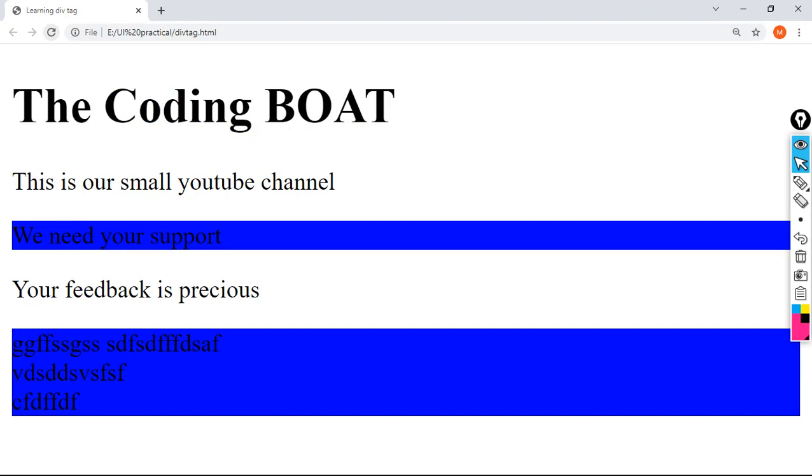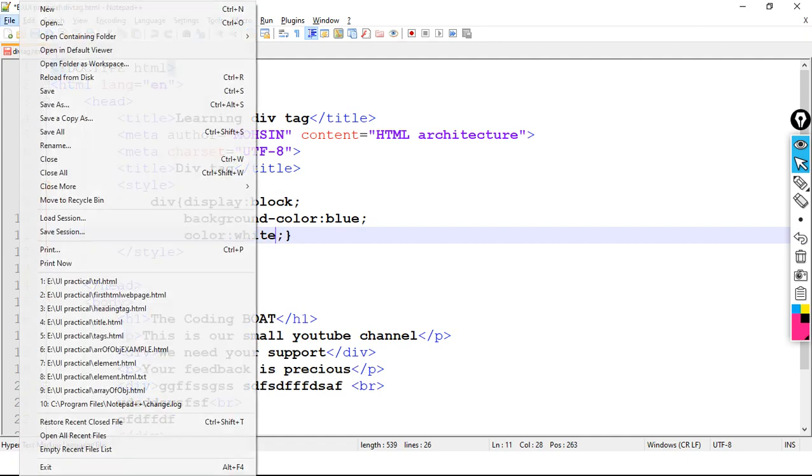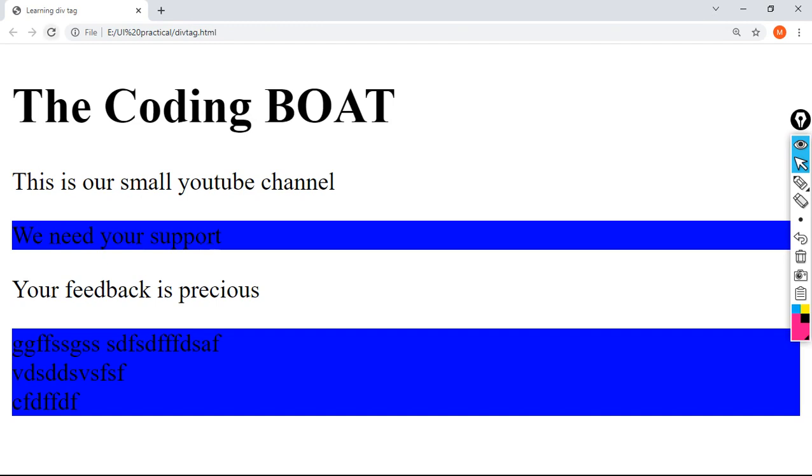Got it? Automatically the part which comes under the div tag got the background blue color. Now color is equals to white. See here, save and refresh the page.